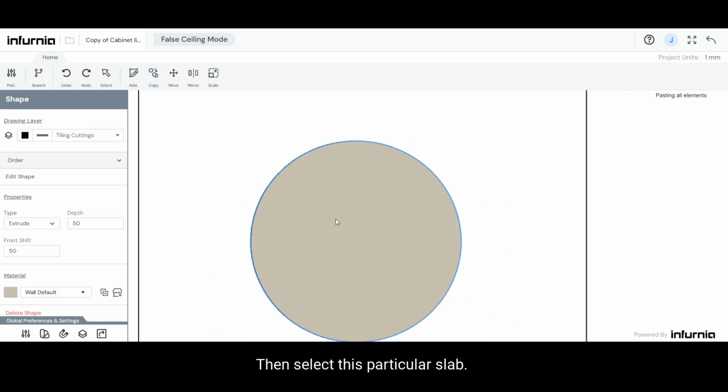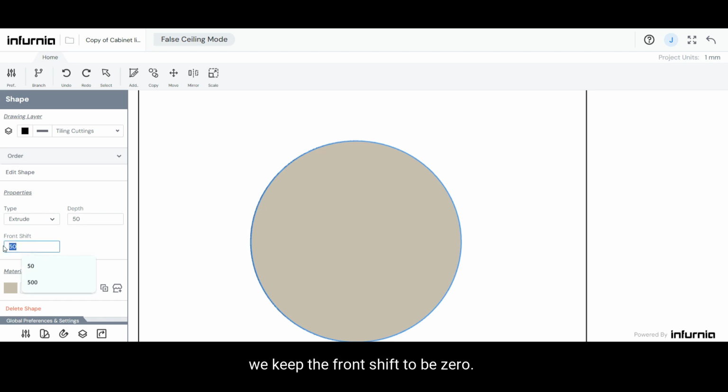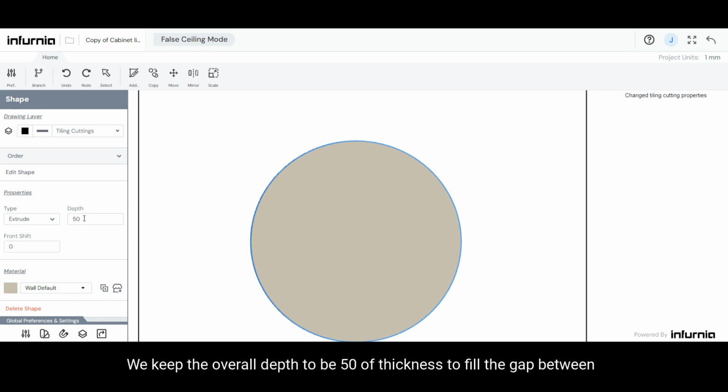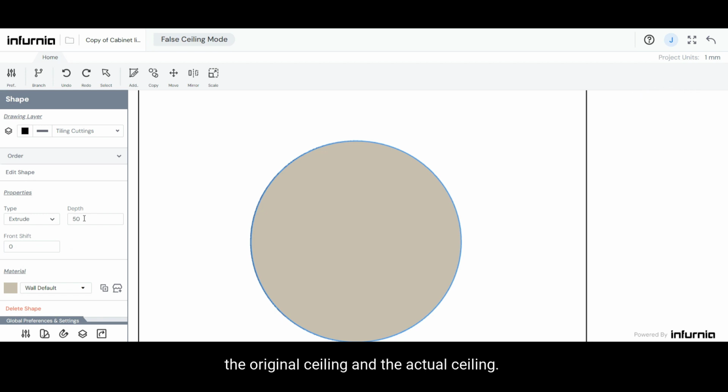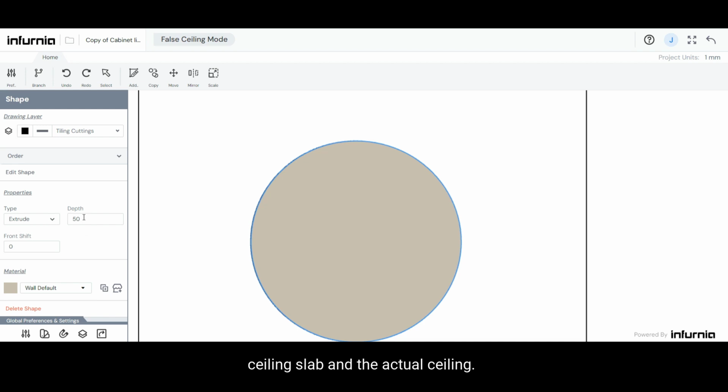Then select this particular slab, and now since we are keeping this slab to be touching the ceiling, we keep the front shift to be 0. We keep the overall depth to be 50 mm of thickness to fill the gap between the false ceiling slab and the actual ceiling. Then we edit the shape,